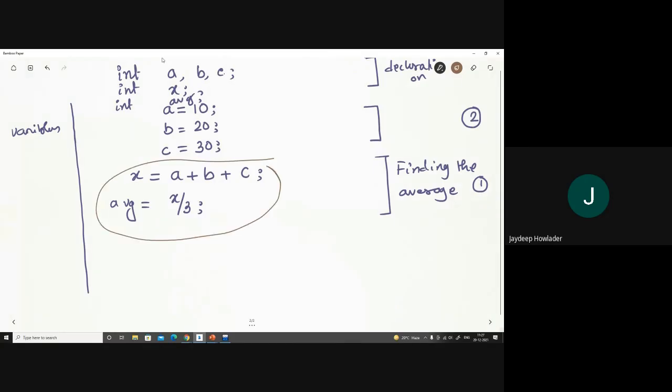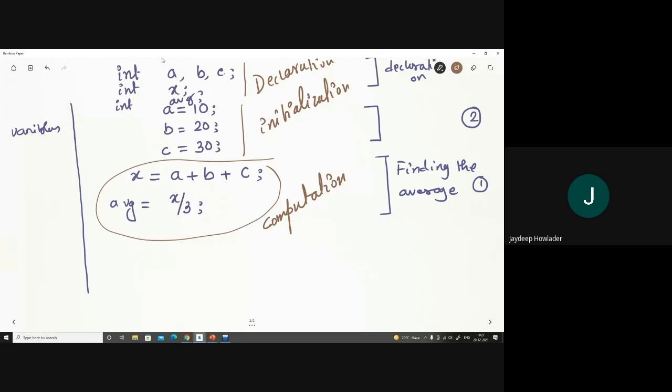Okay. So these are the requirements for the programs. The program demands what the types are, what the initial values are, and then what the computations are. So these are the real computations. This is the initialization. And this is the declaration. Okay. And this is a set of statements, or a set of lines. If we encode these things, then your program will execute.